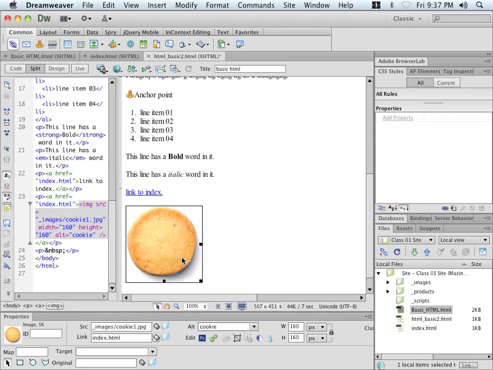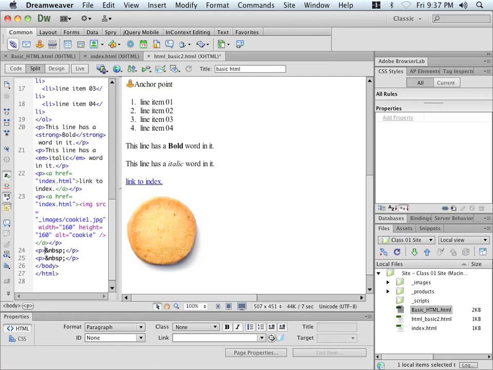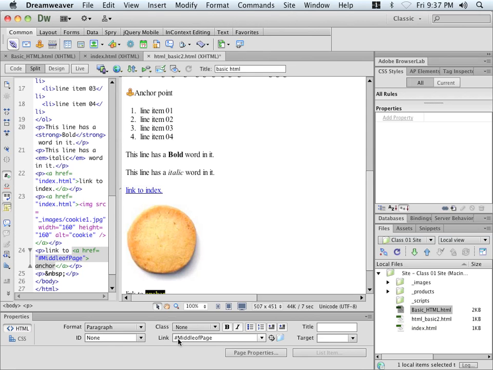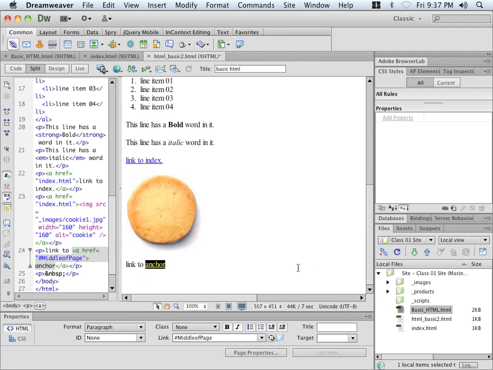Now when I want to link, I can link to that spot on the page. So I'm just going to highlight this, hit my right arrow key, hit my return key, and I'll just write link to anchor. And I'll actually just highlight the word anchor. And I can link to it with this little point to file. I can actually point to the anchor, which gives me the number symbol and the name of the anchor. And that's how you represent an anchor when you link to it. So you've seen two ways that we can link to things from the Properties panel. Again, let me save my file, hit my return key,